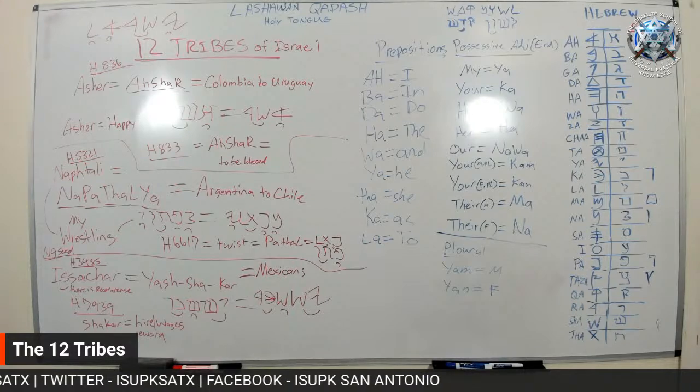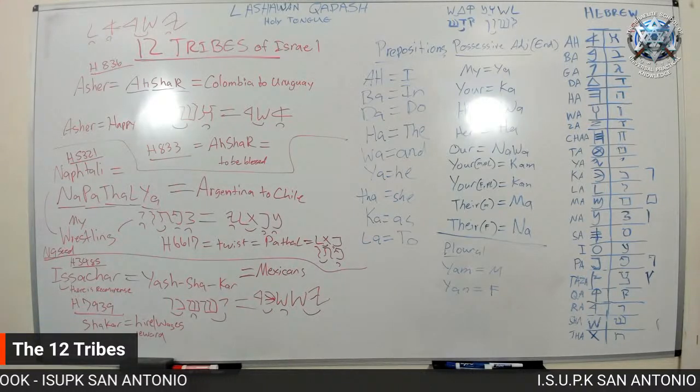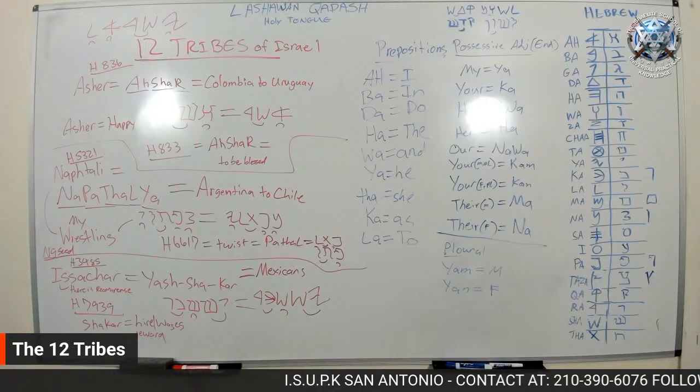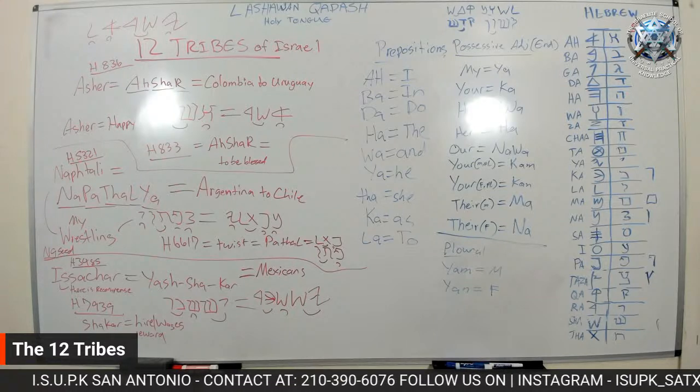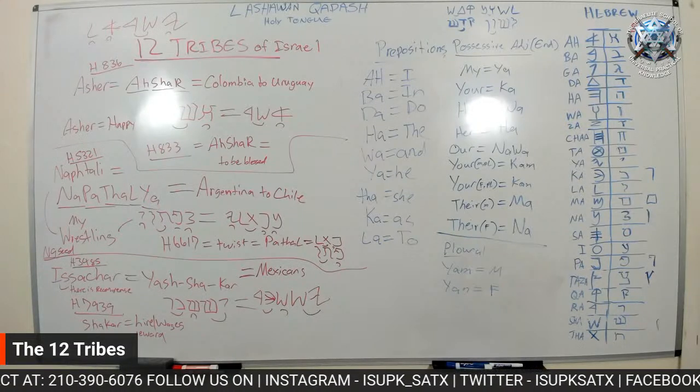How'd y'all like that? Was that informative? For as far as like an actual breakdown of the names, I feel like we went pretty far in depth just to kind of give a little bit more understanding of why we call these tribes the way we call them. You know what I'm saying? So I hope that we was able to kind of make that clear.